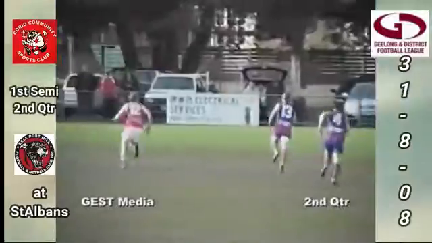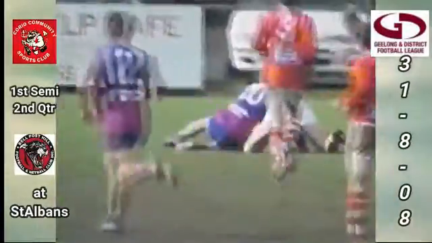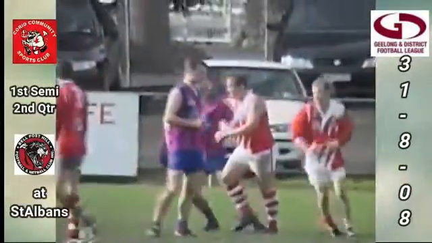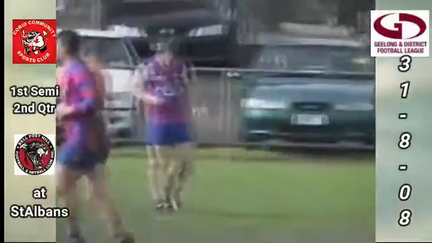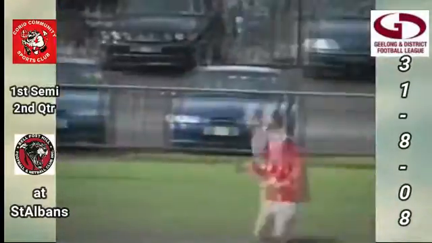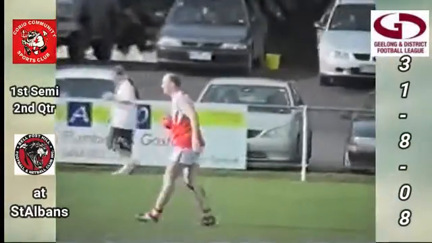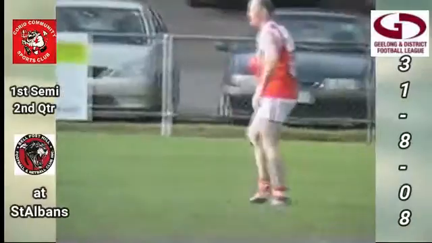Good bit of play by Corio. Quickly inside the forward 50. Aitken didn't attack the football. Now he's run down. Probably a free kick for a high tackle. And a bit clumsy, I thought, from Popovsky on that occasion. But it is Aitken now with the free kick. Man on the mark is 45 metres, perhaps 46, and will take a very, very good kick into the breeze from there.